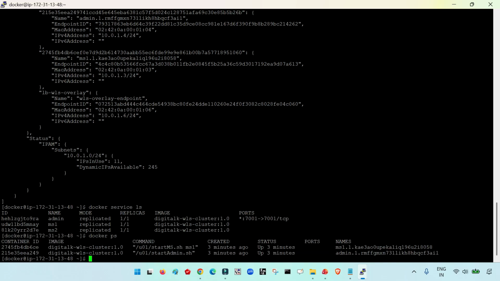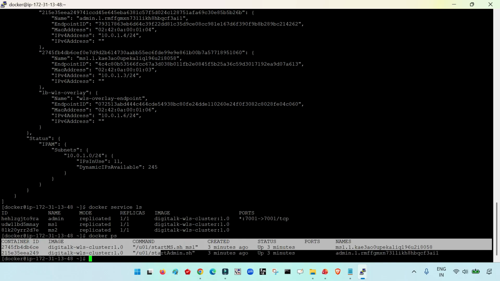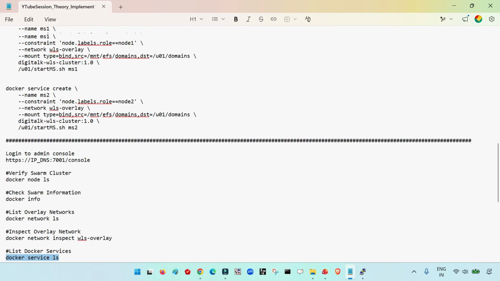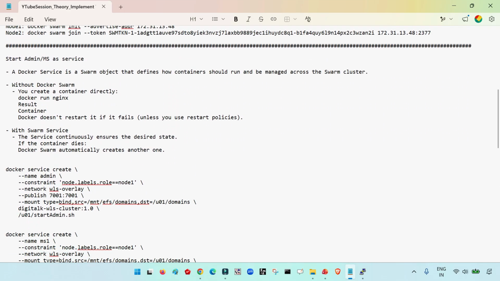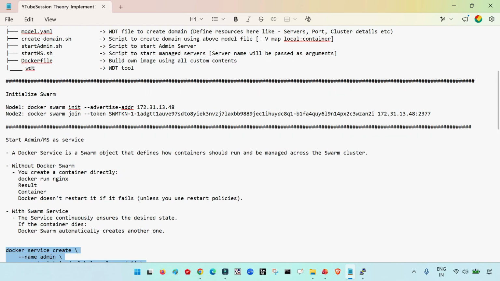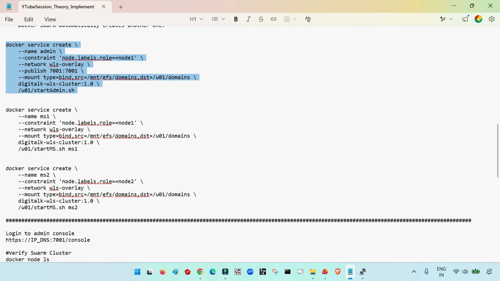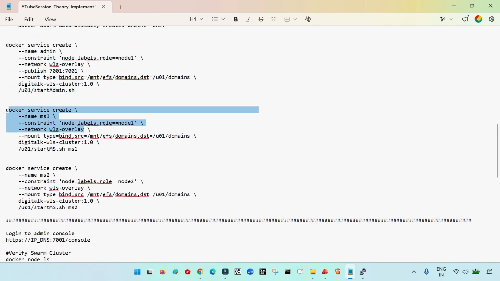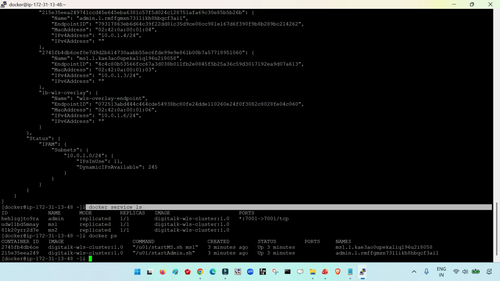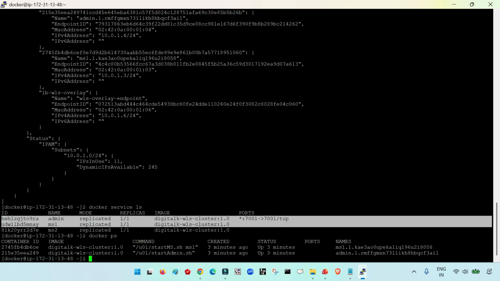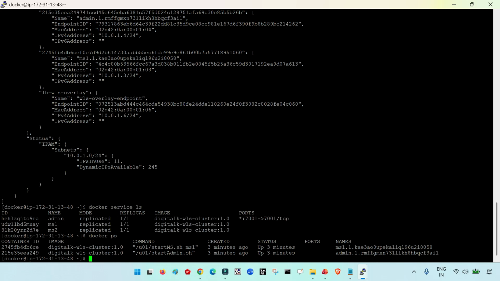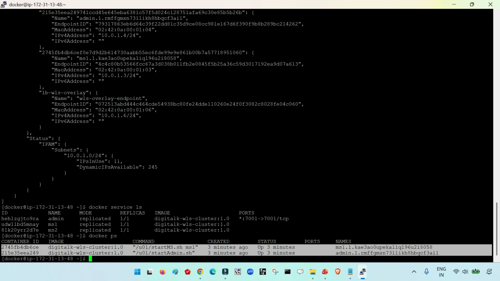But because we have started these containers as a service, if you remember, let me go back to the plan. Here is the command that I have explained to you, right, to start a particular container, or you can say we have started using the docker service. This is the first admin server. Then similarly, this is for the managed server, and this is for the second managed server, this is for the first managed server. So we have started them as a service. That's why when I'm running this docker service ls command from the primary node, it is listing all three services. But when I run the docker ps command, it is going to list me